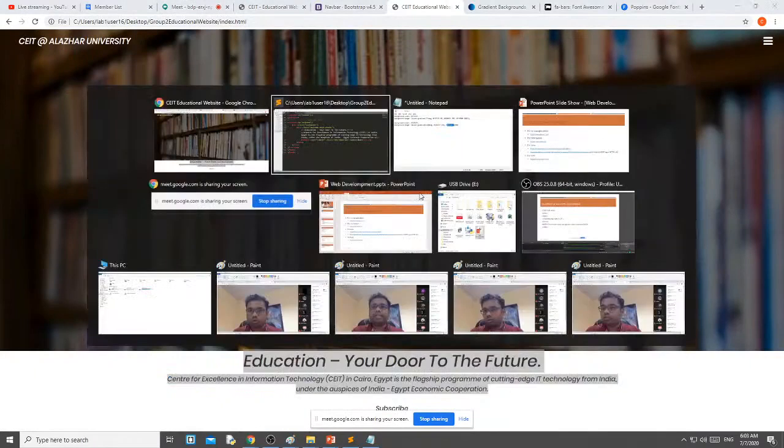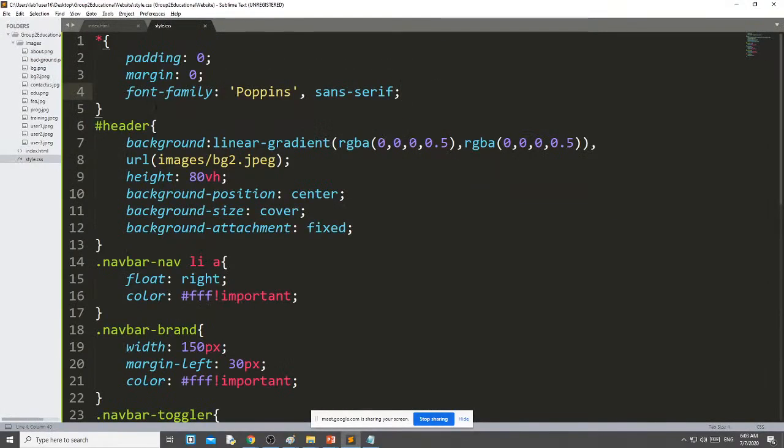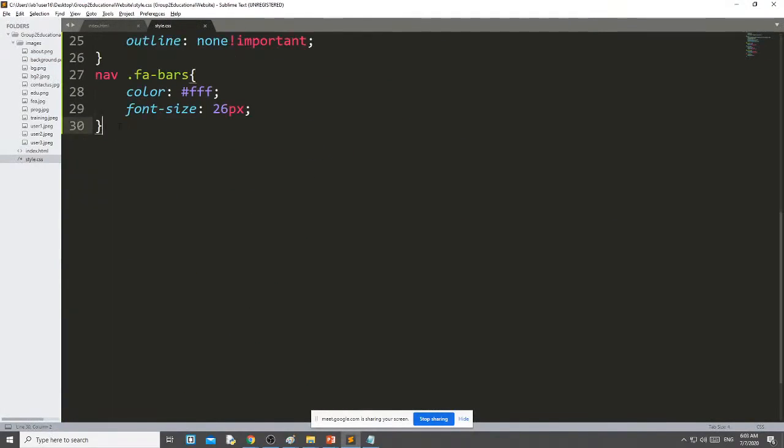Just go to the style set. Here I just write a comment line, welcome start. Here I am going to style the welcome section. First thing, I want to give the margin and padding.